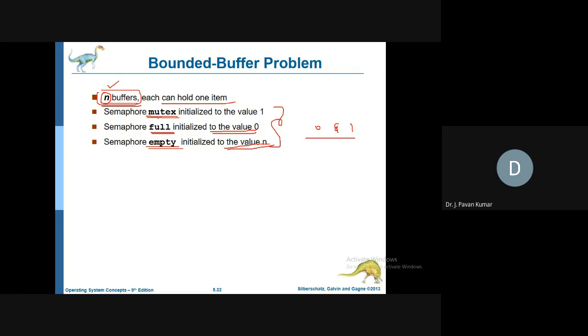So full is a counting semaphore. Similarly, empty is already having the value n, so empty is also a counting semaphore. Coming to mutex, it is to implement mutual exclusion on this particular bounded buffer. So this can be either 0 or 1, so it is a binary semaphore. Mutex is a binary semaphore or mutex lock, but full and empty are counting semaphores.